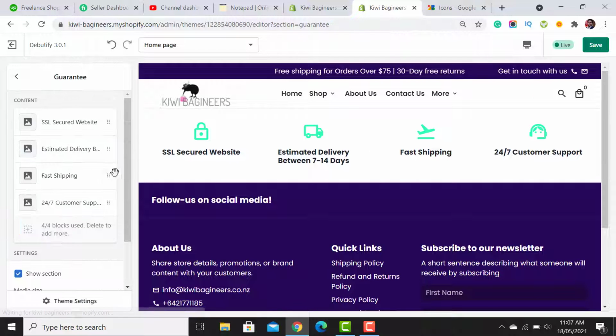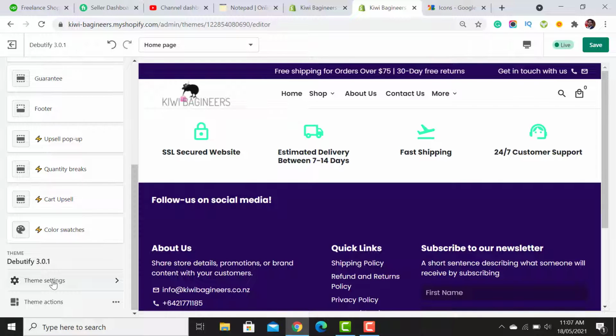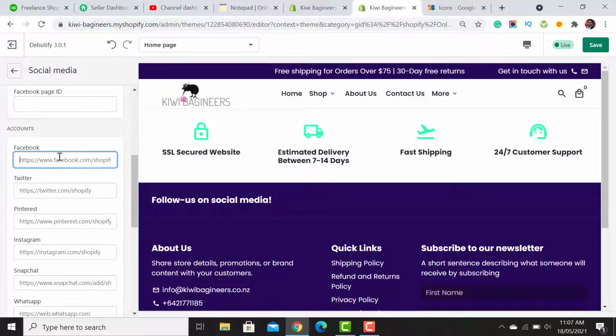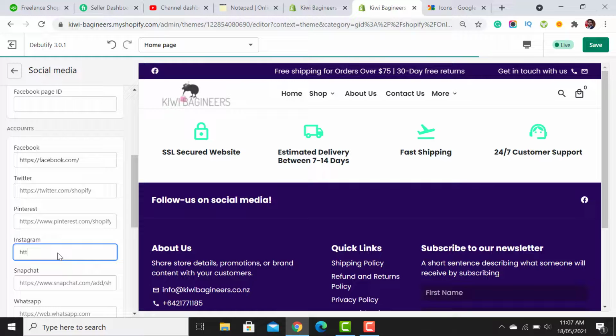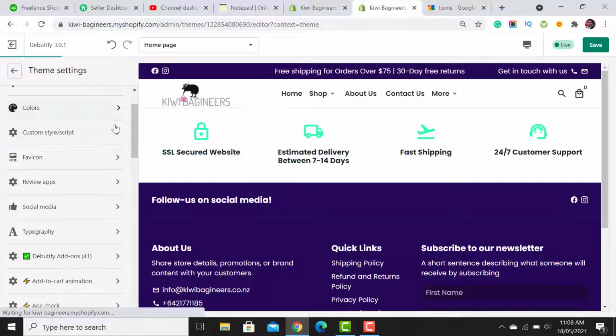Okay, so now here comes the follow us on social media. Okay, for this you have to click on the theme settings, and then you have to click on the social media. Okay, and scroll down here. Okay, so now it's asking for the link of your Facebook page. Simply you can add the link later. Okay, so just check it over here that it starts appearing here. Okay, do the same for the Instagram. Okay, after adding these links,